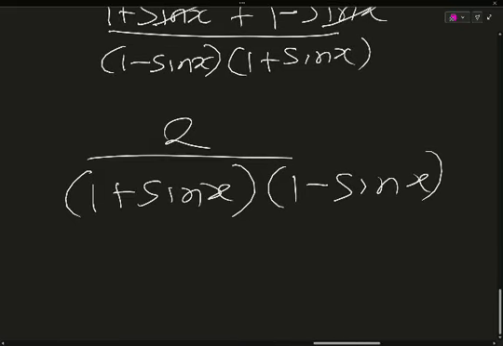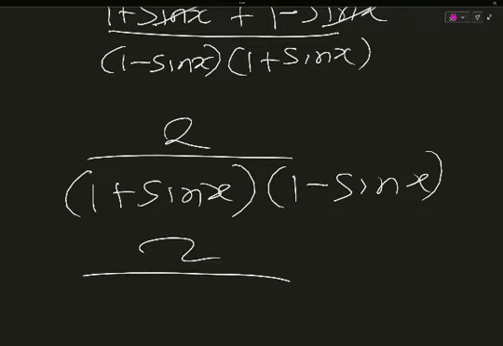So from there, what is our second step? We're going to multiply these. So when we multiply, it's simply going to be 2 over 1 squared minus sine x squared. From there,